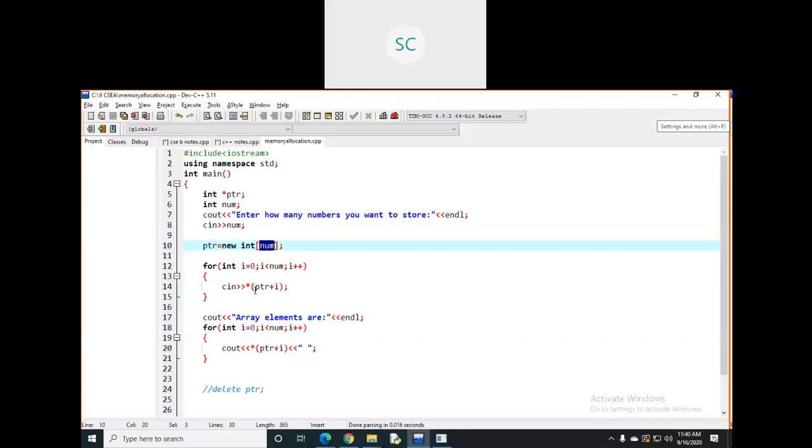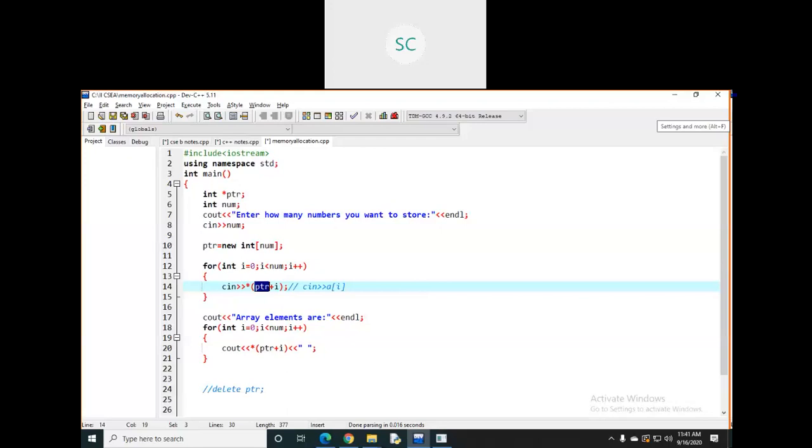But here, if it is a normal variable, you simply take cin with the extraction operator and then use a of i, where a is the array name. In this way you will take it if it is a normal variable. But here you are directly storing within the memory, right? In this way you need to mention. A pointer is an address, right? Within this address, this address plus 0 means the first element, in the first position.